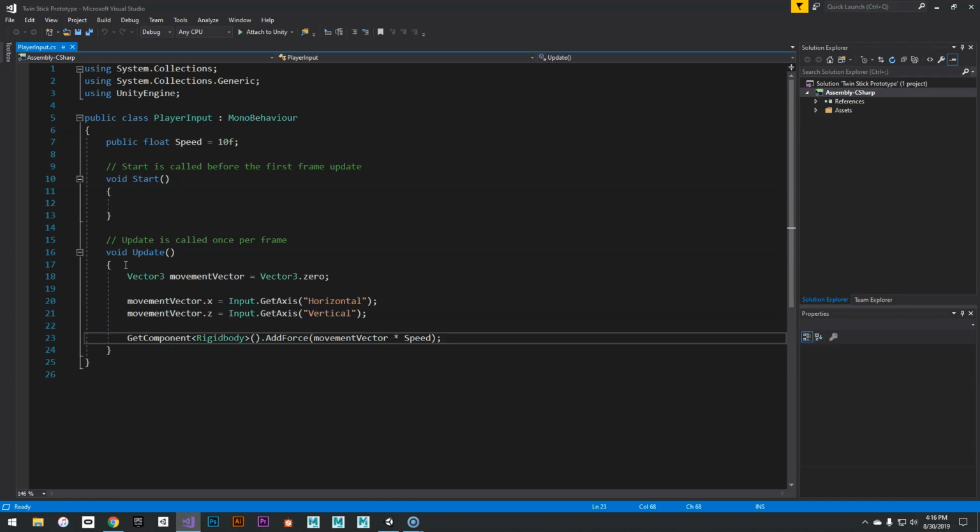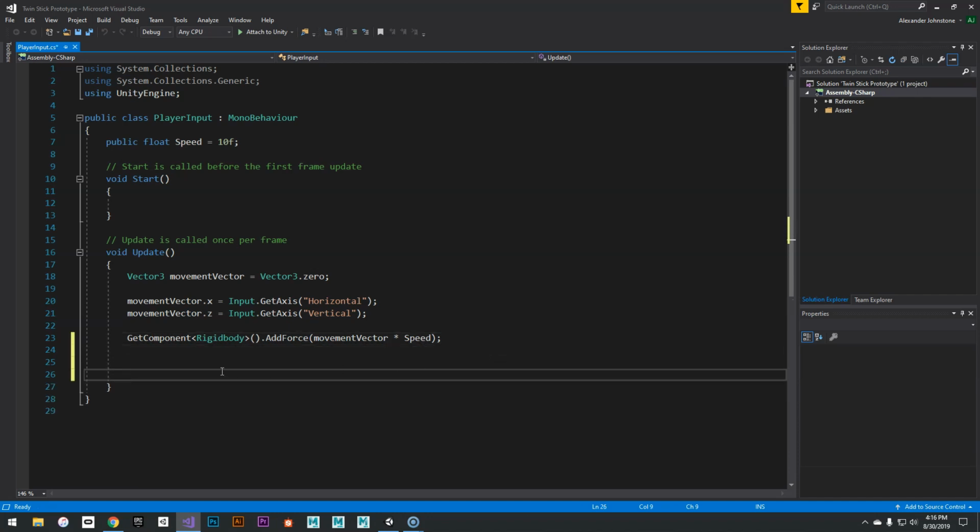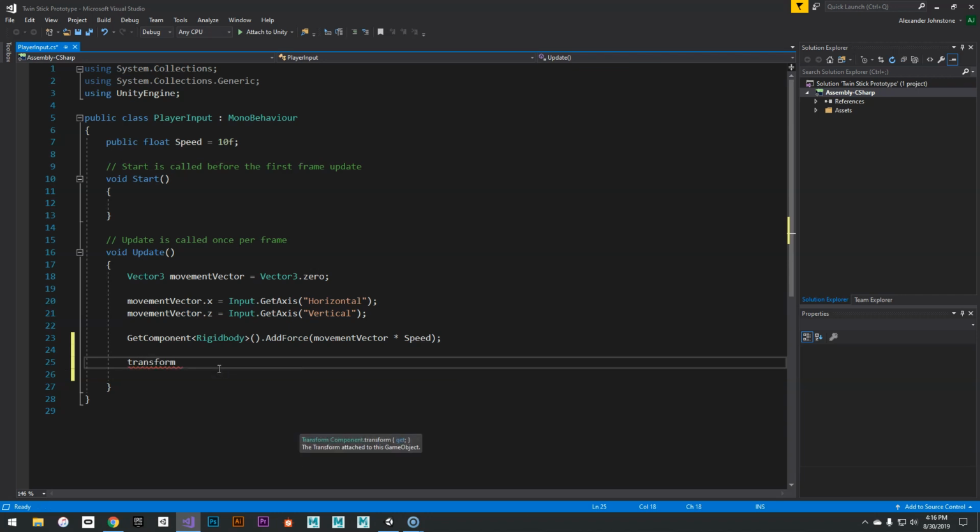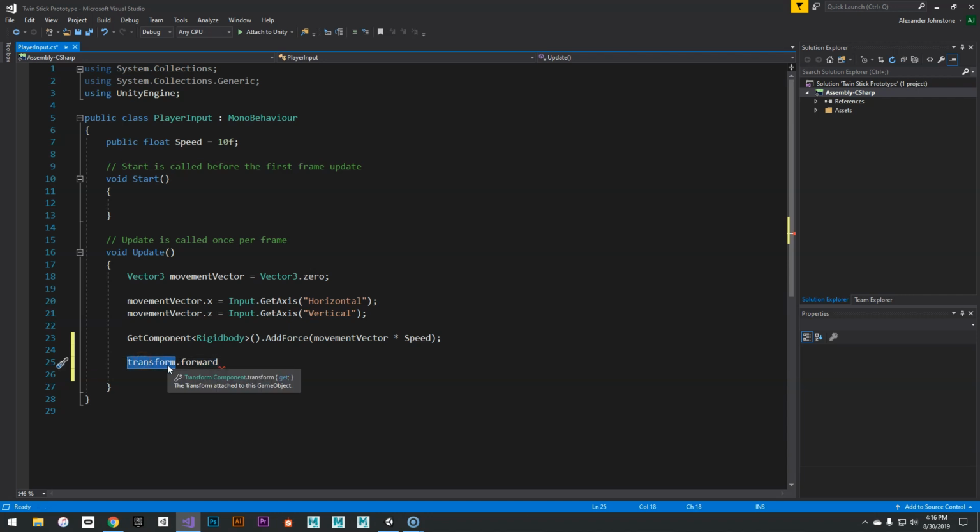So down here below the movement, I'm going to hit return a couple times to add some space, and then I'm going to type in transform.forward. So what this is saying is the transform, which is not capitalized here, is accessing the transform component of this game object. It's a shorthand way of doing GetComponent. We could do GetComponent and then pass in the type Transform, but Unity figures, since every game object is going to have a transform, just store it as a local variable, and that's pretty handy. So transform.forward